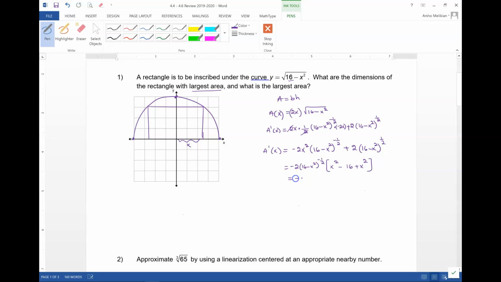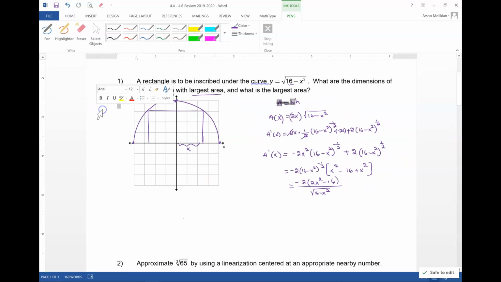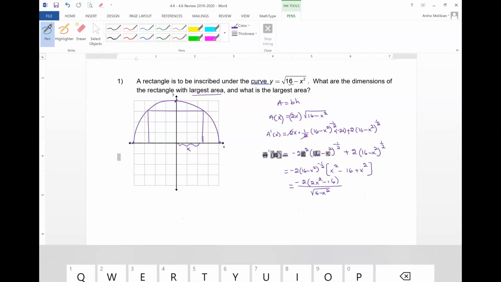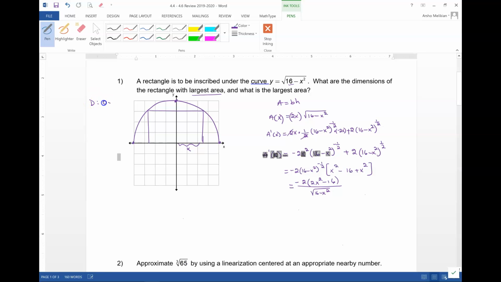So this is negative 2 times, from the bracket, I get 2x squared minus 16 over the square root. The domain here, oh, sorry, we never wrote the domain. The domain is from 0 to 4,